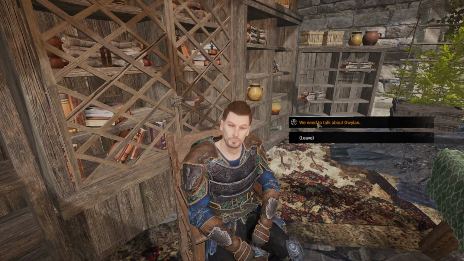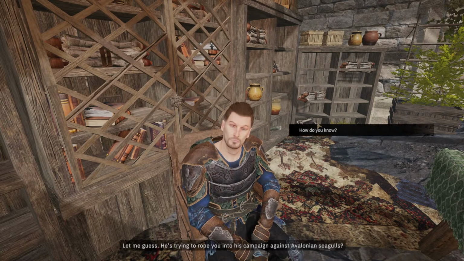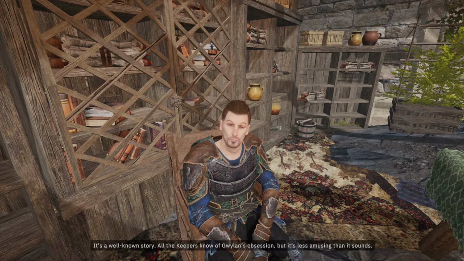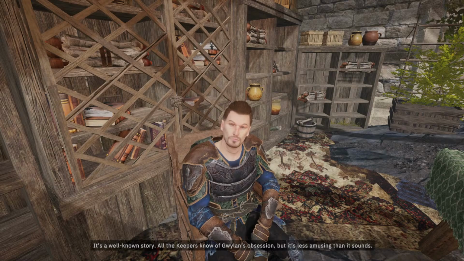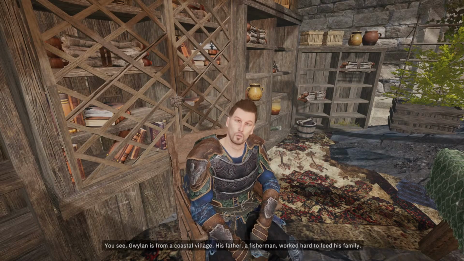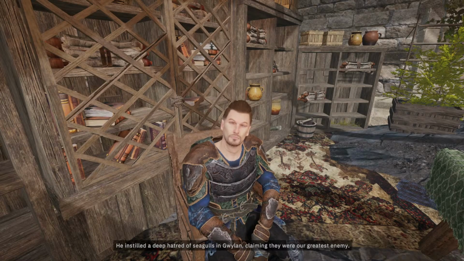We need to talk about Gwaelin. Let me guess. He's trying to rope you into his campaign against Avalonian seagulls. How'd you know? It's a well-known story. All the keepers know of Gwaelin's obsession, but it's less amusing than it sounds. You see, Gwaelin is from a coastal village. His father, a fisherman, worked hard to feed his family. He instilled a deep hatred of seagulls in Gwaelin, claiming they were our greatest enemy. He taught his son how to kill them effectively,